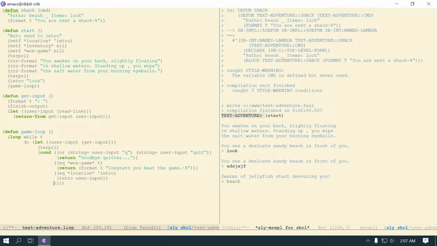Or it's easier. If I was just to grab these guys, so if I hit Control Space, Control F, Alt W, and then now I should be able to come over here and hit Control Y. And then I have an intro, a beach, a dunes, and a shack. So a beach, a dunes, and a shack. So if I was to come over here and say